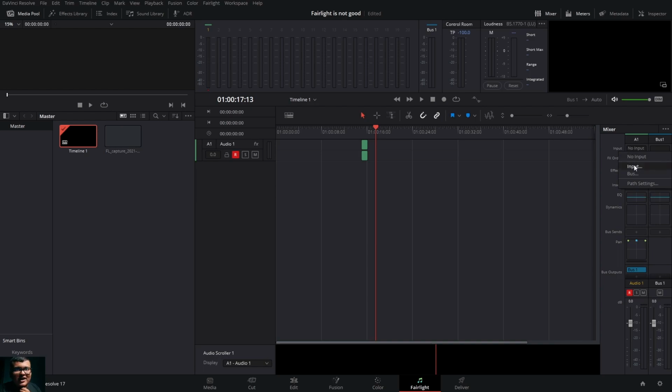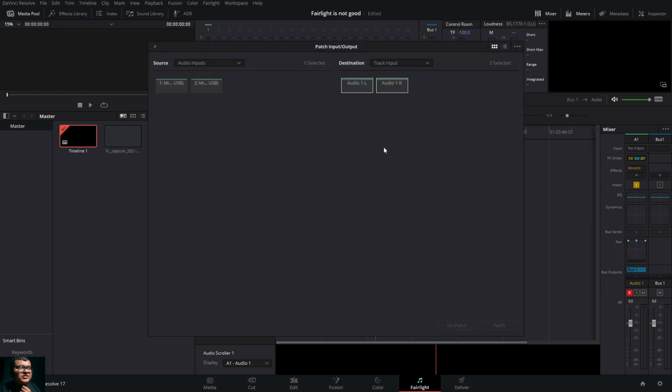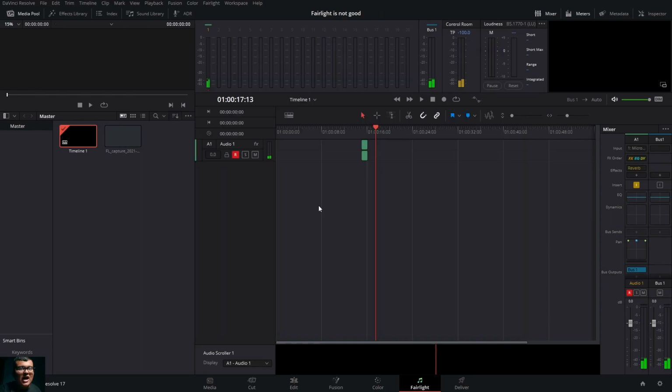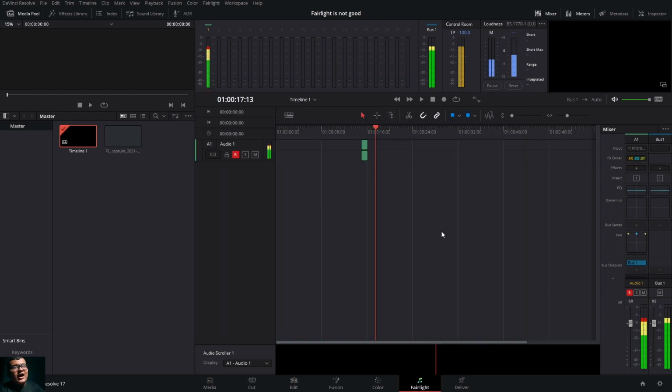What you need to do is come to input on your track, click on input. This is my mic, this is the track input, select patch, and that's the power of reverb. You can hear yourself while you're recording. Like here, you can just put on your headphones and you can hear yourself. Then click on record here or anywhere.